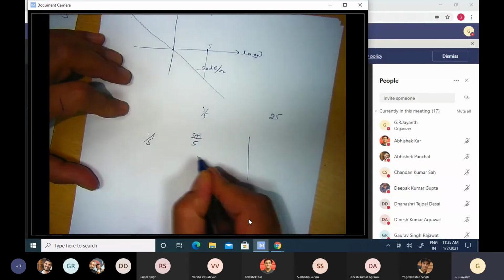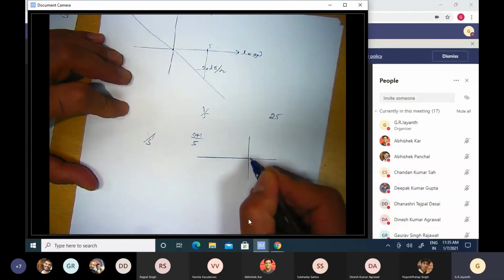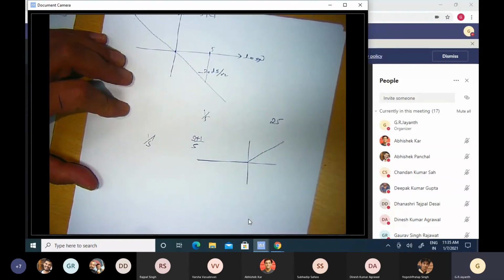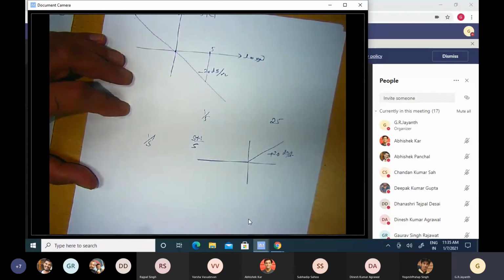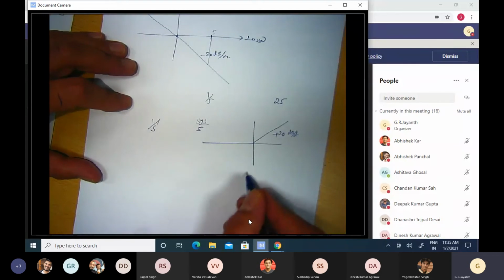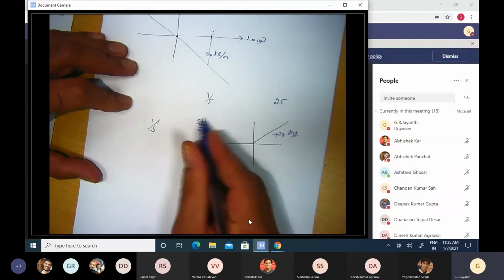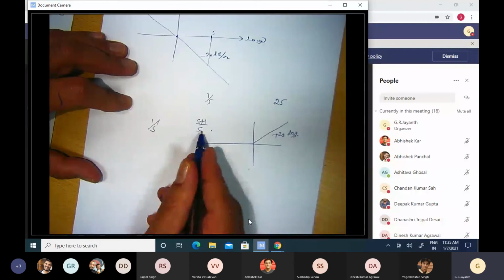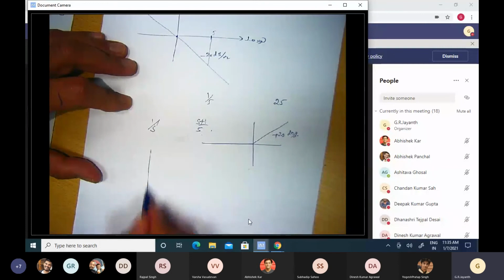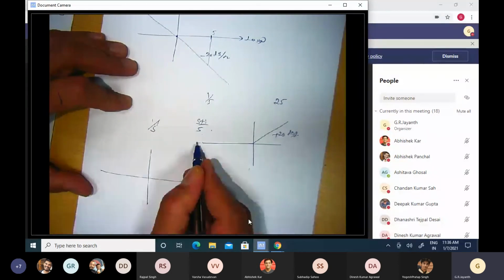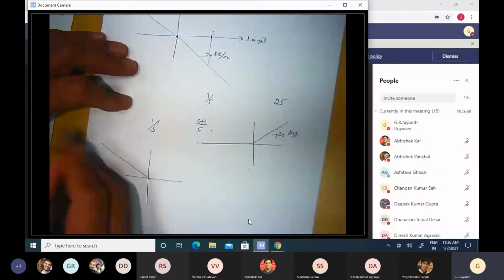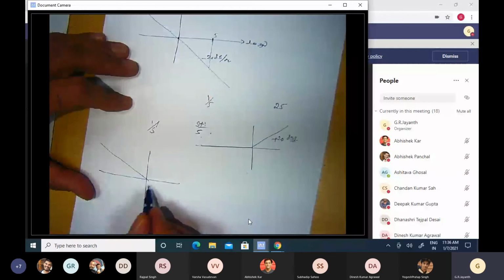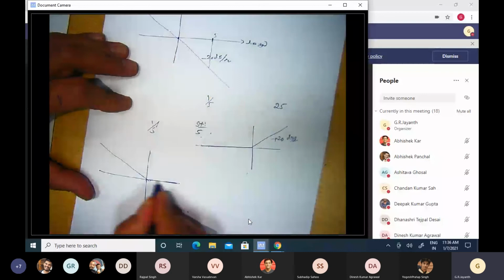So we saw that S plus 1 has a magnitude plot which is 0 dB up to 1 radian per second and plus 20 dB per decade after 1 radian per second. So if I have S plus 1 by S, then the overall Bode plot will be the summation of these two Bode plots. For omega less than 1 radian per second, this Bode plot adds 0 gain. So it's going to be the Bode plot of the integrator itself. But for omega greater than 1 radian per second, this is coming down at minus 20 and that is going up at plus 20. So together they'll cancel one another and the gain will become 0 dB.